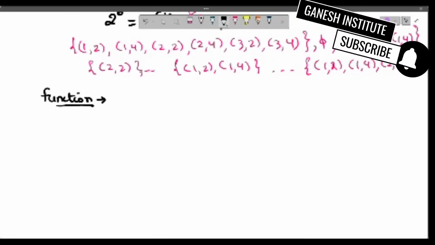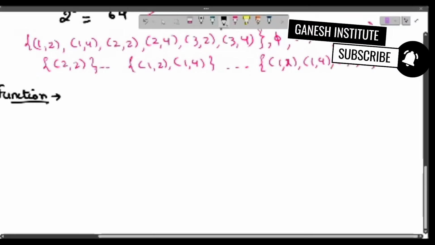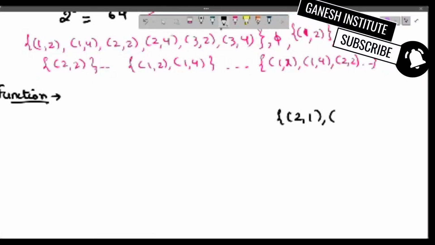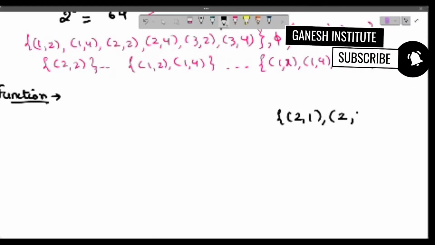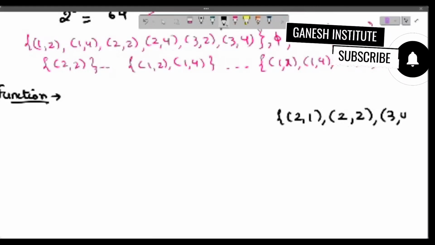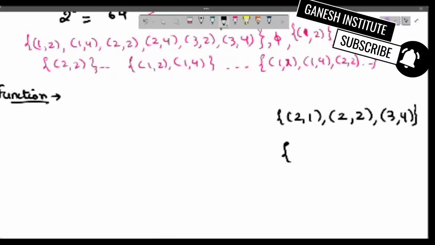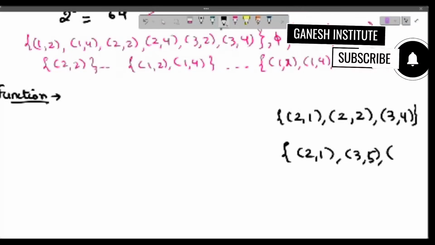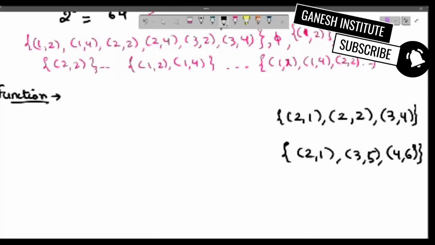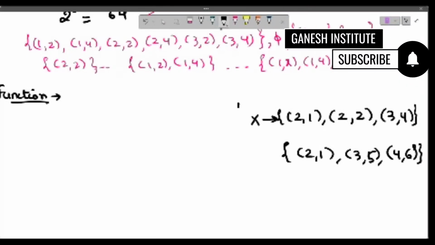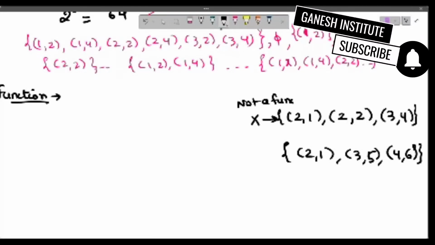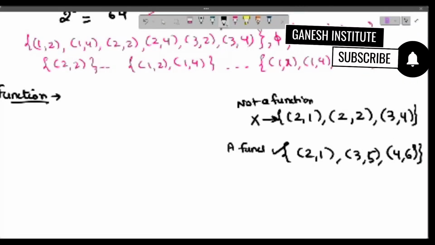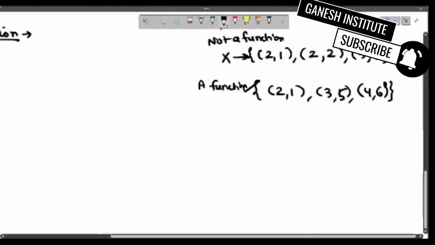The difference between relation and function is, let's say I have written two things. One is (2,1), (2,2), and (3,4). And I have written (2,1), (3,1), (3,5), (4,6). This is not a function, but this is a function. And the reason being,